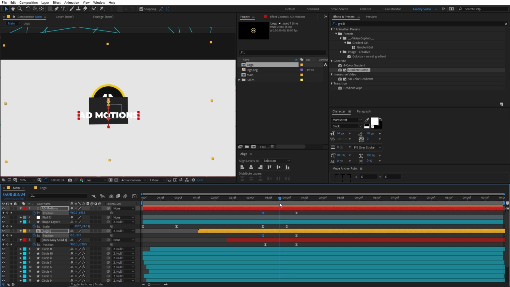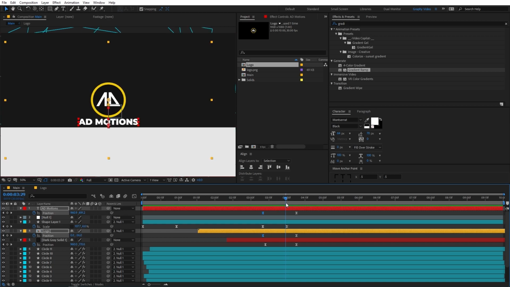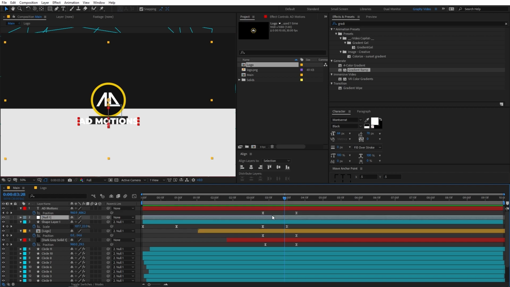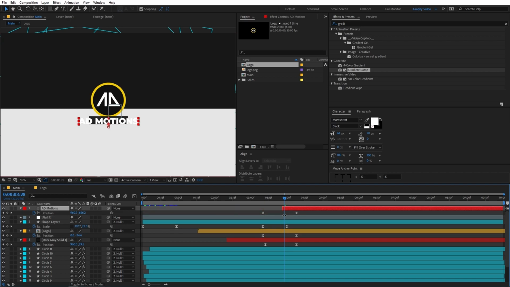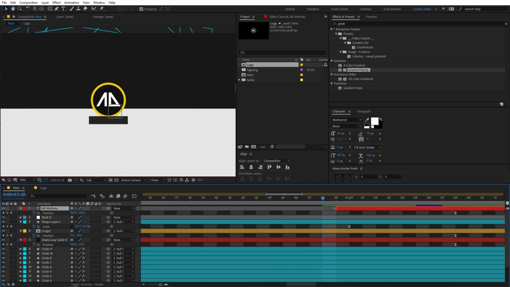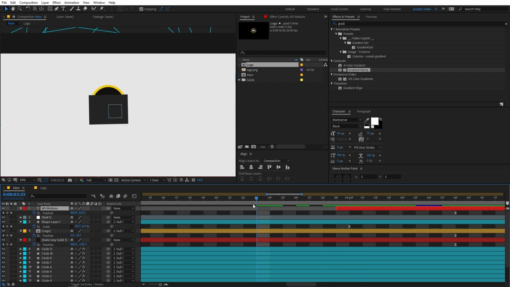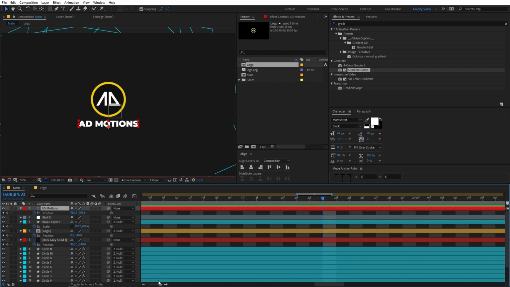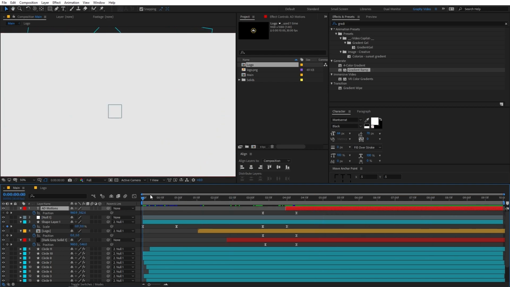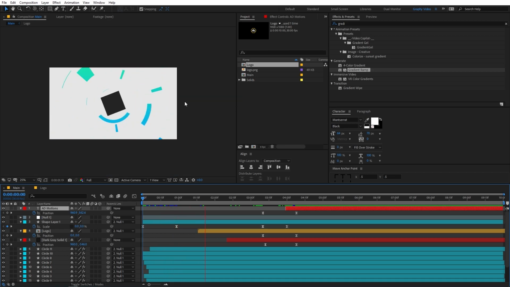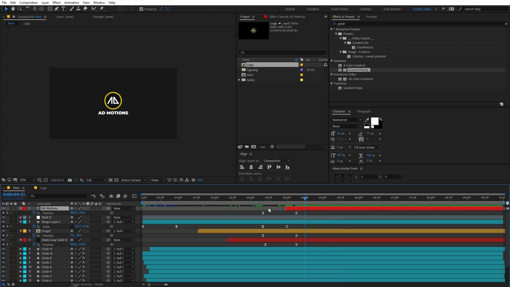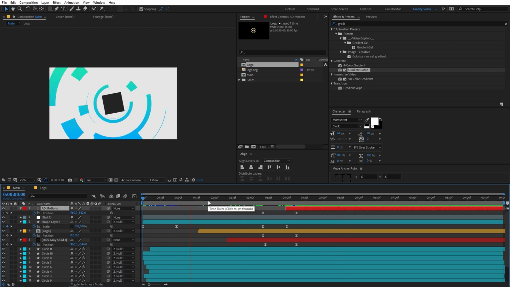Now let's cut this text so that it's visible only after this is revealed. So till this point we don't need to see our text, so I'm going to simply drag the endpoint just like this, zoom in, and let's do it something like this. So now you can see that we have added our text as well. So if I play the whole animation, so there you can see now we have created some really amazing logo reveal animation